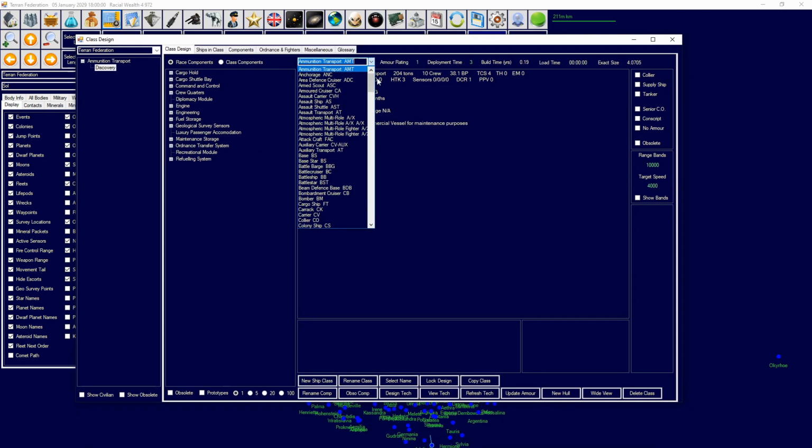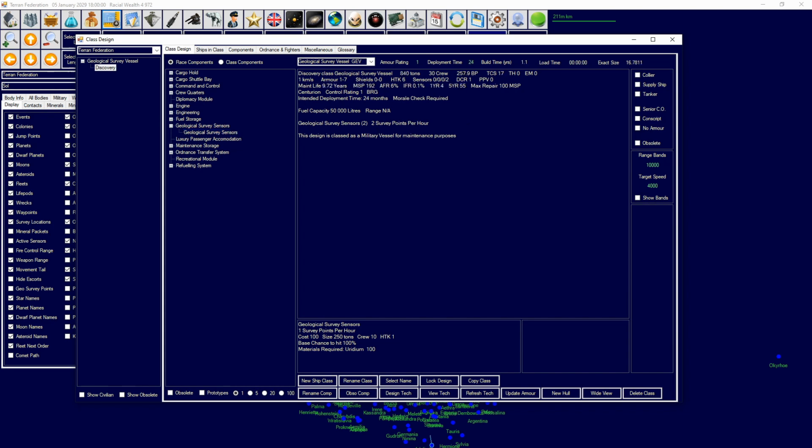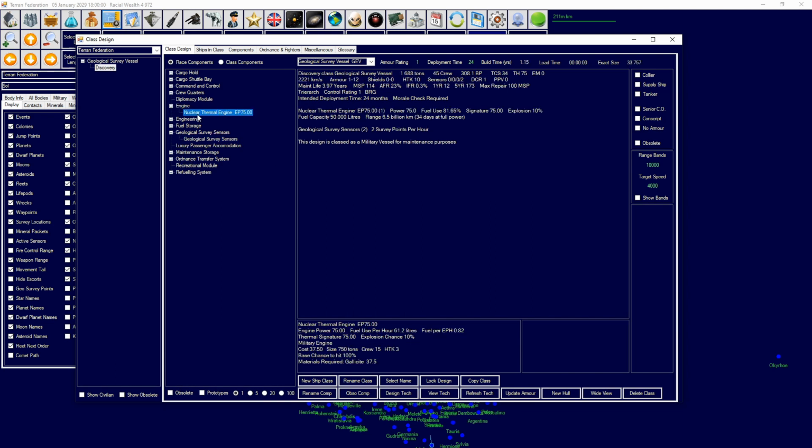Now I'm going to design our first ship. It's going to be called Discovery, and we are going to designate it as a geological survey vessel, and it's going to be 3,000 tons, and it should be able to complete its task. Now again, something I strongly advise is watch my ship design tutorials if you want to learn more about this, but specifically the purpose of this vessel is going to be surveying Sol very effectively, and feel free to copy this as well if you so do. We're going to have deployment time in 24 months. 2 survey points per hour, and then we're going to add our engines, 2 of them,